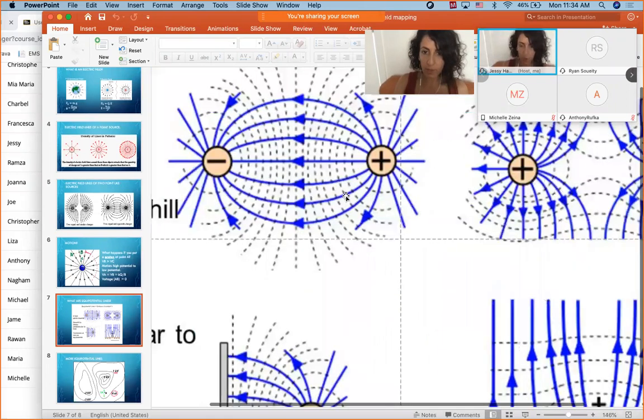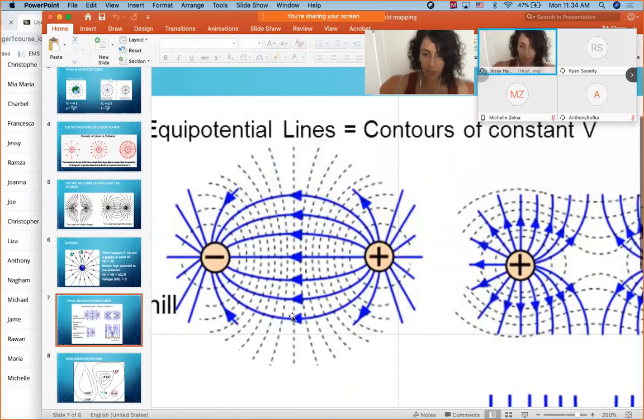So your equipotential lines will look like this one, and you can see the line in the middle to be vertical, not really vertical, straight, because the whole thing is on a desk, horizontal. So this is one equipotential line. Then you see that the equipotential lines will happen to curve themselves as you get closer to the source and to the other source. So this is what I'm gonna find with a voltmeter.